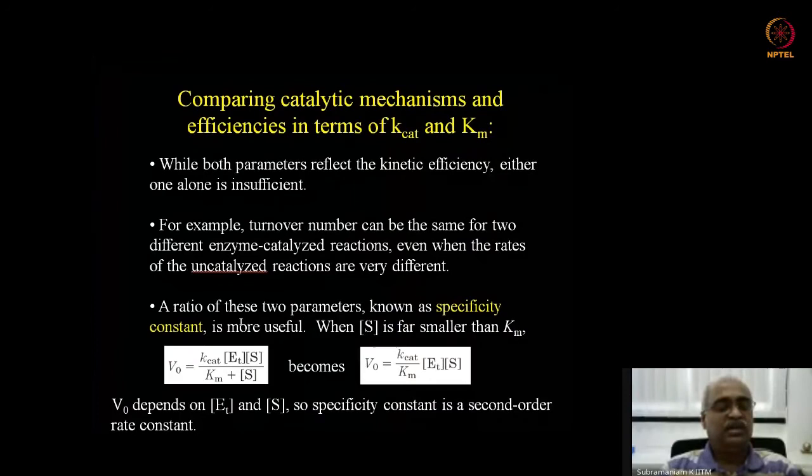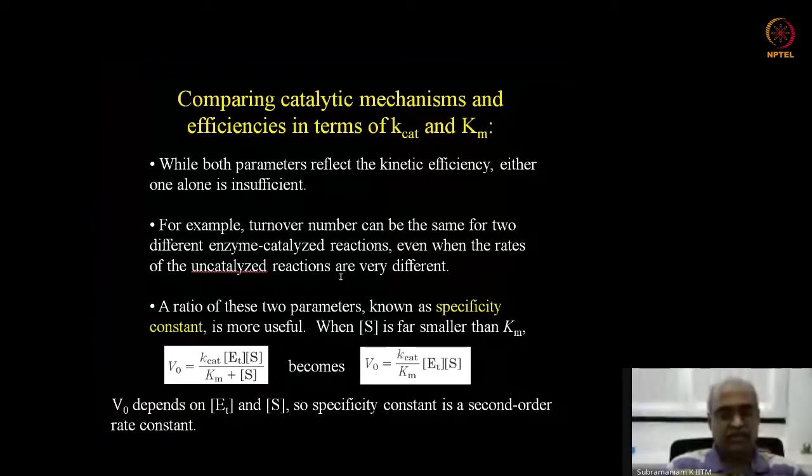So the main point here is the turnover number for two enzymes can be the same, meaning Kcat can be the same, but one enzyme may be catalyzing several orders more than the uncatalyzed reaction compared to the other one. Which means the first enzyme in this example is doing better than the second one, but that is not indicated by the Kcat. Kcat is simply the turnover number. And similarly, when you look at Km,